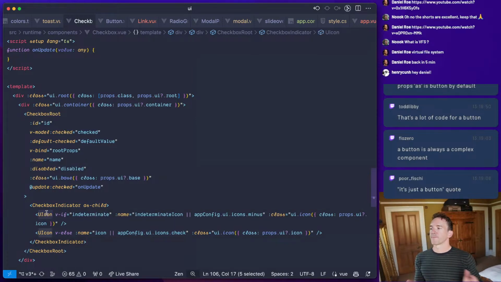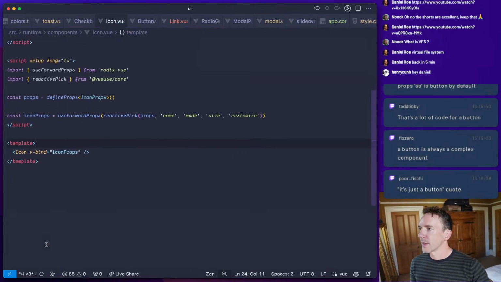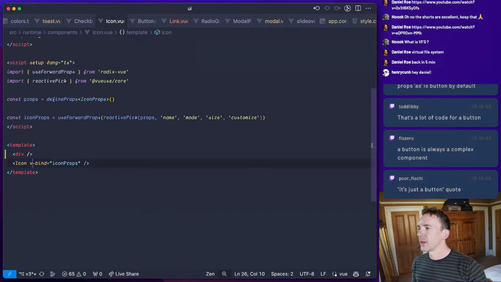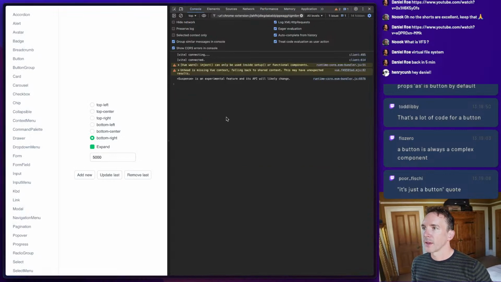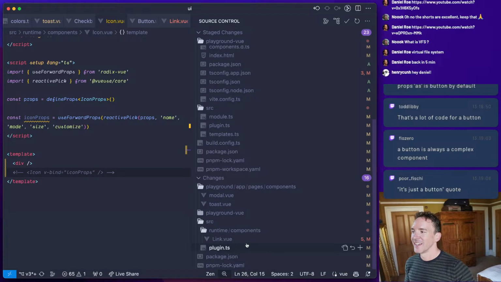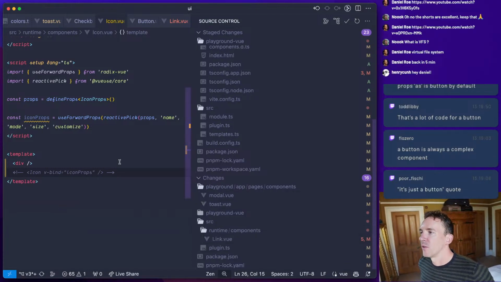It's UIcon. Okay, because UIcon won't work because it relies on Nuxt UI, I think. So it's calling this icon thing. And if we just, for now, put a div, that hopefully resolves. Okay, so basically the issue here is Nuxt Icon. And actually, if I had checked, it would have been obvious because Benjamin did mention that in the original issue.